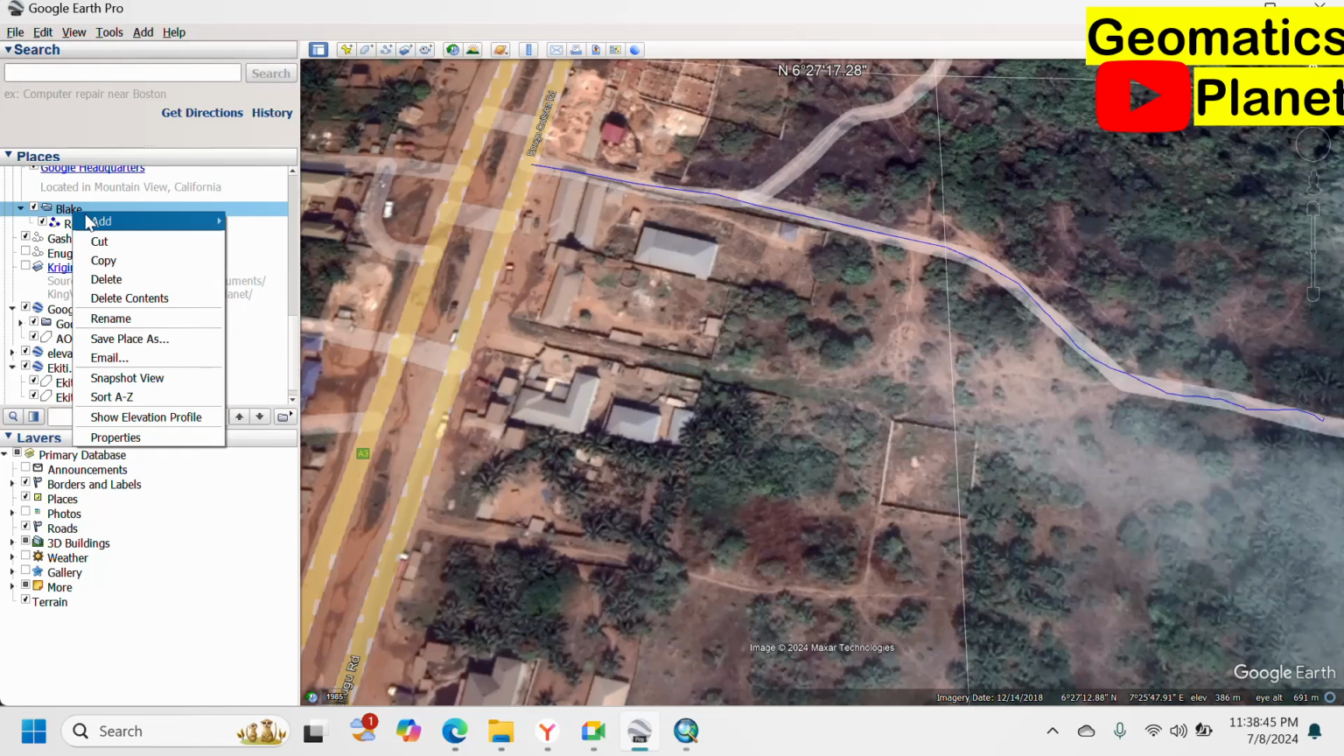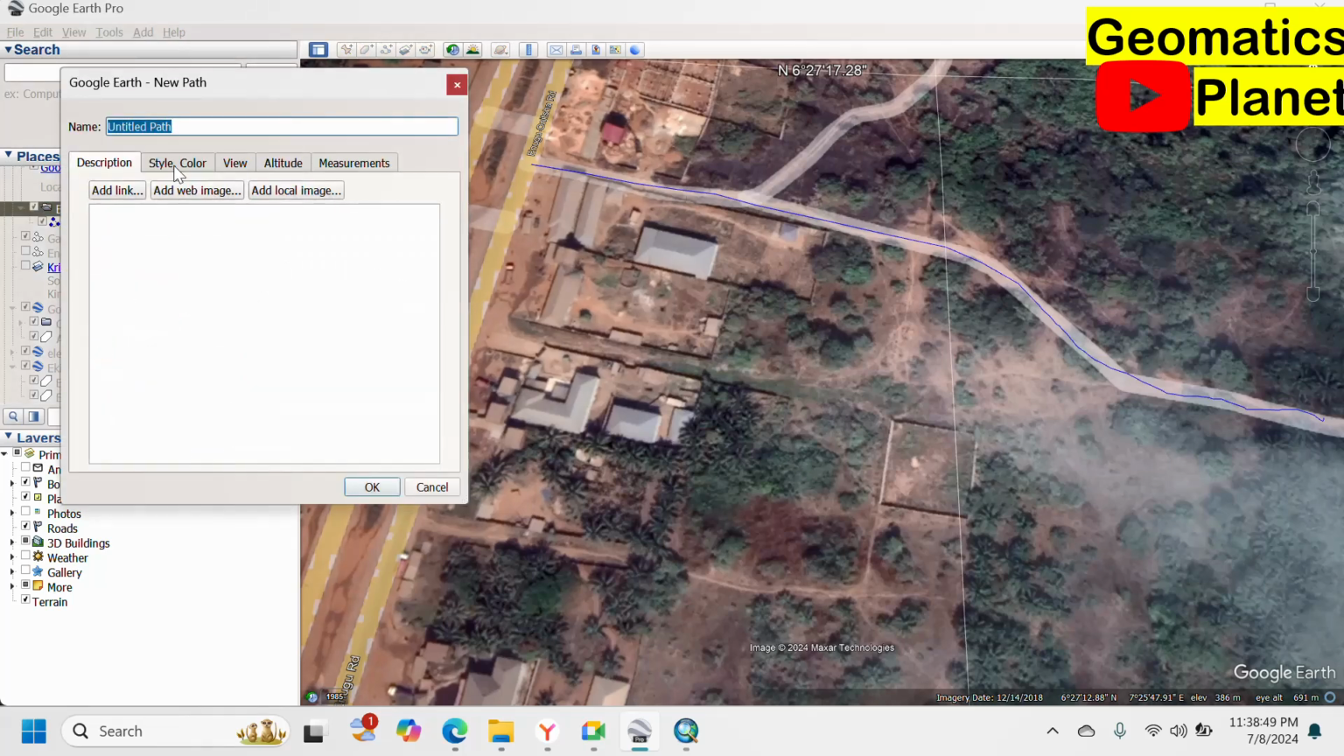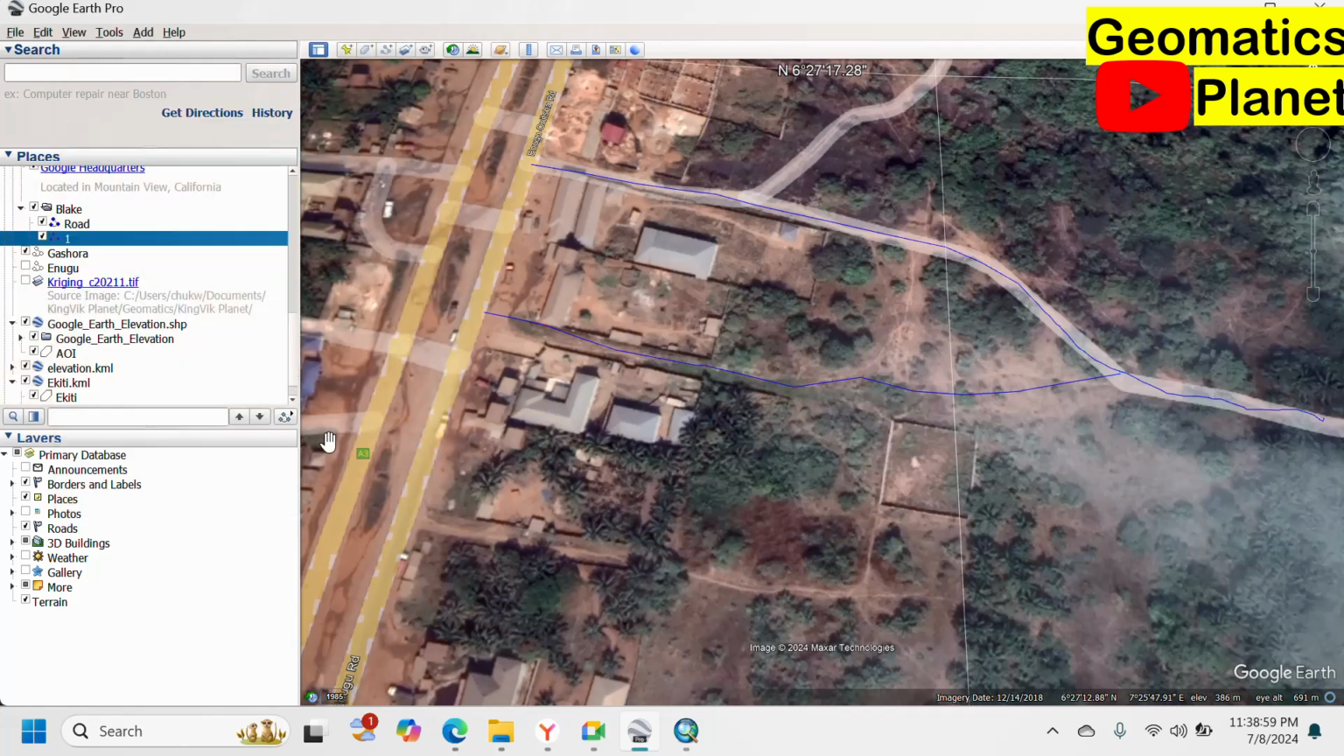Now I will go to Blake again and add another part. You can see it here, and then I can call it road 1. I just type whatever I want, and I will start from this place, digitizing this road part, something like this, and then go down here. Then I'll click OK. You see, if you look here, everything I put here is under